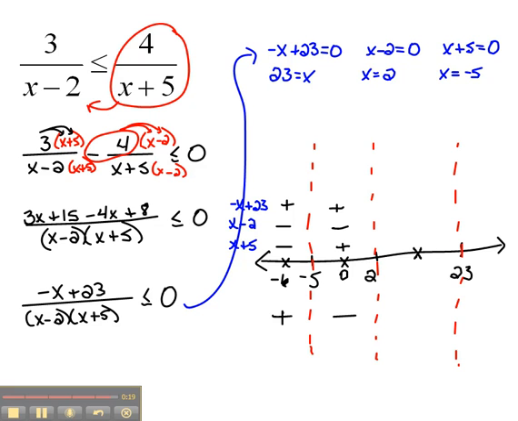Now let's try something here, like say maybe 5. 5 plus 5 would be positive. 5 minus 2 would be positive. And negative 5 plus 23 would be positive. A positive divided by a positive